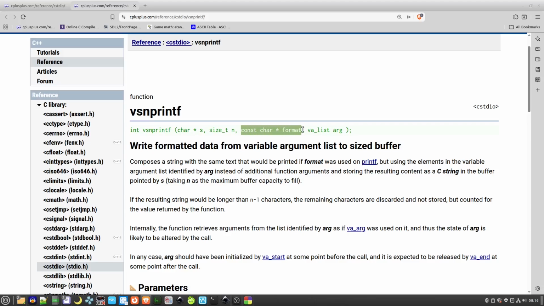You then pass in a const char array, which is the string where the formatted text is, and then finally you pass it the VA list. What this does is it will go through the string you've passed in, and then where it finds the formatting symbols, which are in